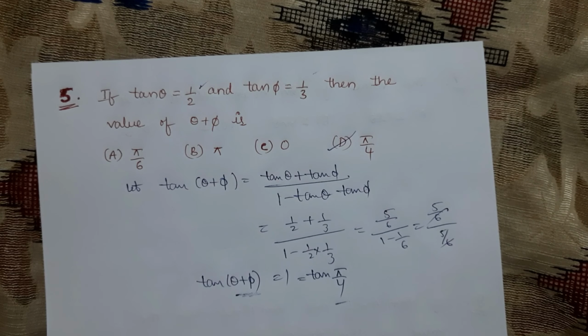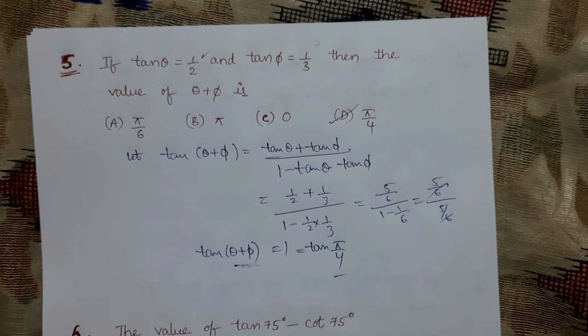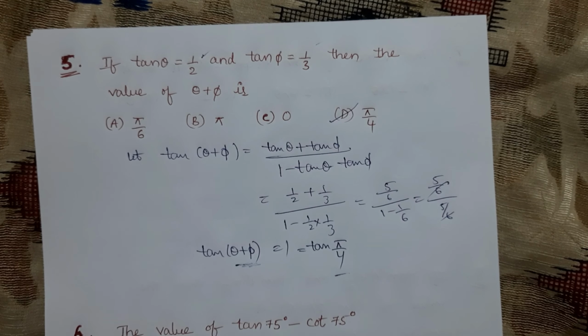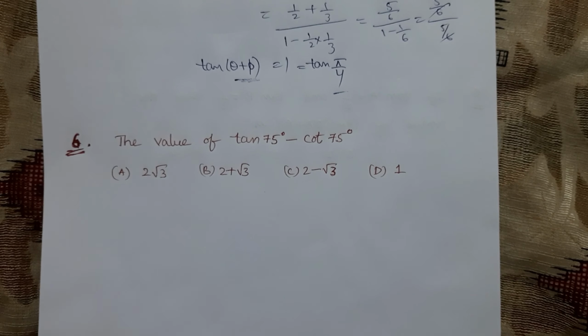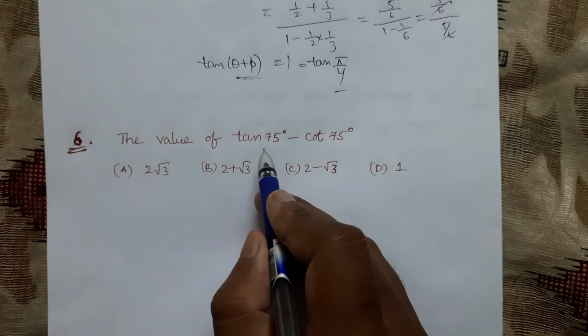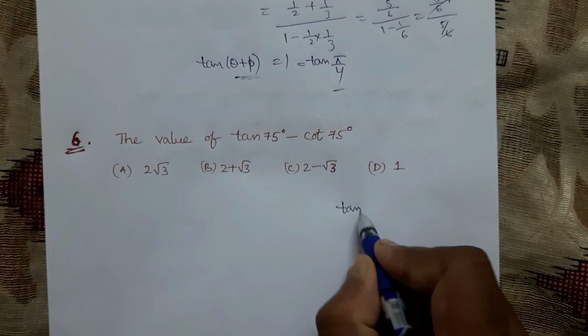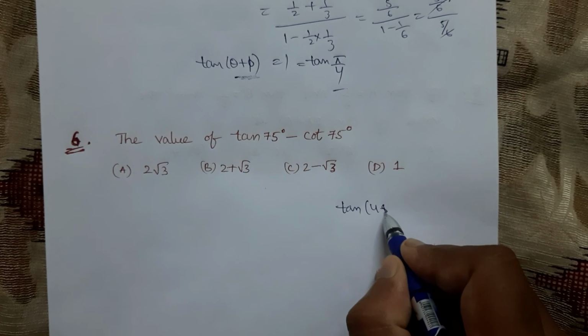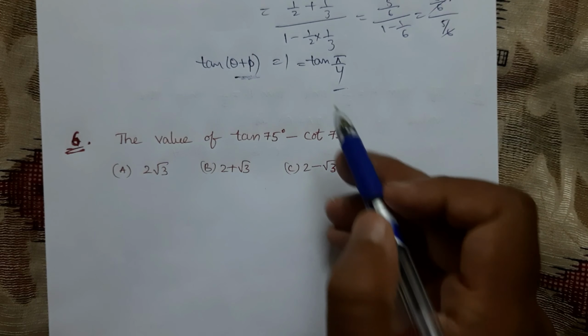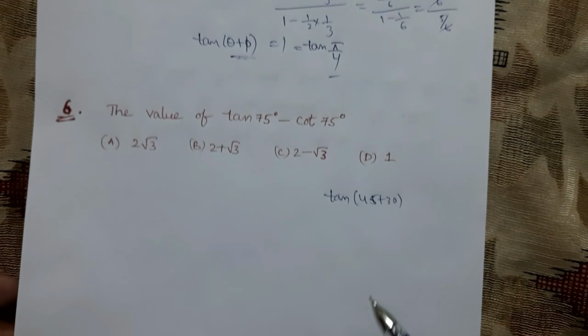Next question, guys. Solving trigonometric questions is somewhat simple if we remember the formulas regarding that question. Next one. Find the value of tan 75 degrees minus cot 75 degrees. No problem if you did not remember the tan 75 degrees value. You can find it, as we can write tan 75 as tan of 45 plus 30 degrees, again using the previous formula, tan of a plus b.